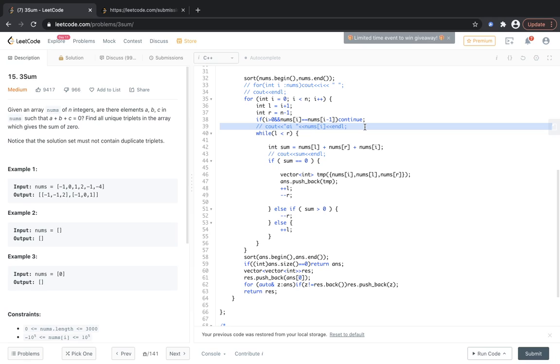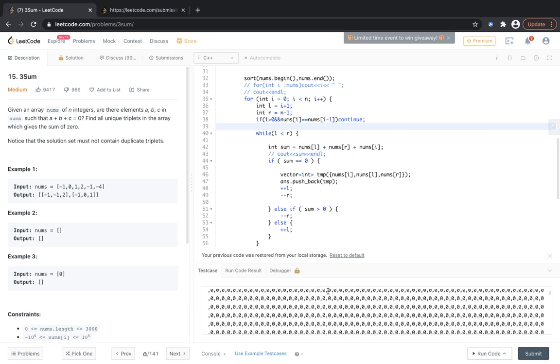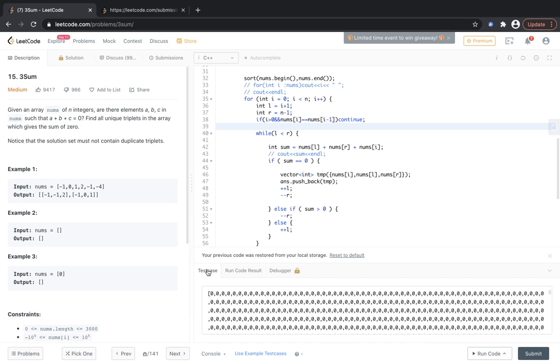But the problem was that I was again getting TLE. So I tried printing the test case on which I got the TLE. It was something like this. If you check the test case, it was all zeros, then all ones, and all negative ones. So what is happening is that